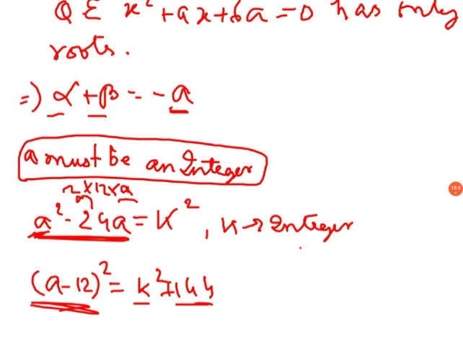But now have a look, a is an integer, so a square minus 24a is also an integer, so the discriminant is a perfect square of an integer, and here the integer is k. Now we made a perfect square on the left hand side, that is (a minus 12) whole square, and on the right hand side we have k square plus 144. Since k is an integer, we can say that k square plus 144 is a perfect square of another integer, say